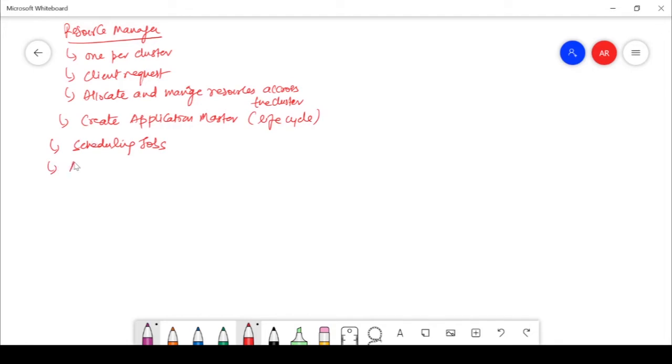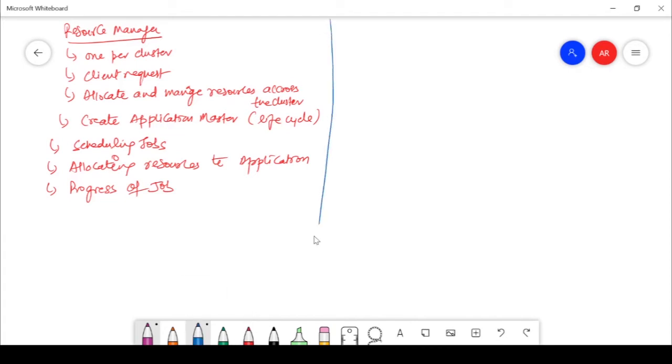It is also allocating the different resources to the application running on the worker node. It will allocate all the resources, which are just like a container, to the application, and then it will keep track of the progress of the job. It will also check whether the node managers are working through the heartbeat protocol. I'm not writing that down because I will cover it in the node manager part: node managers talk to the resource manager through the heartbeat protocol. So these are some of the properties of the resource manager.